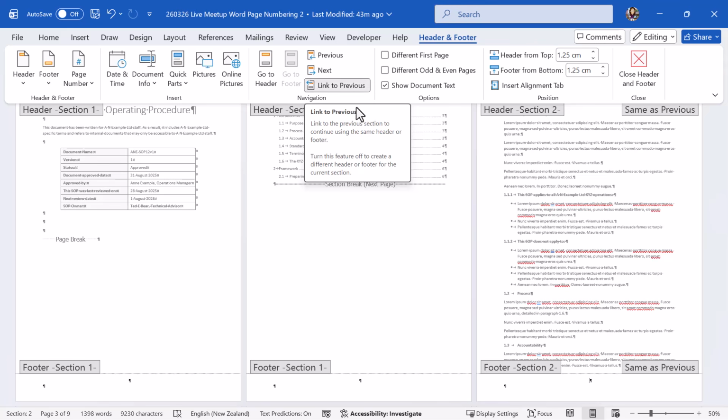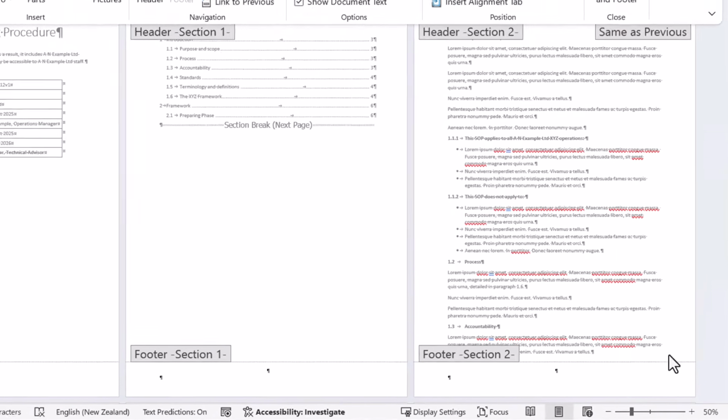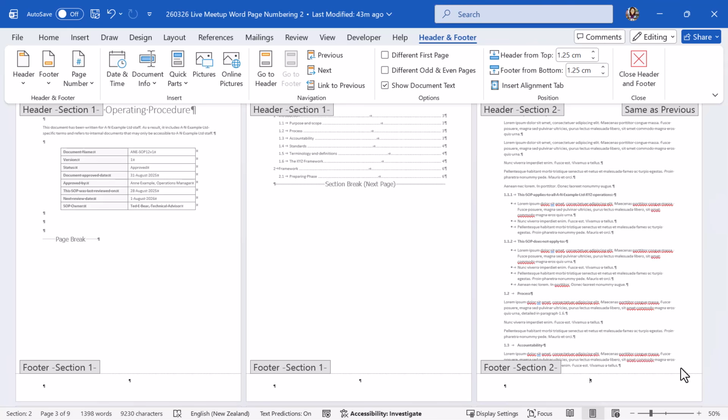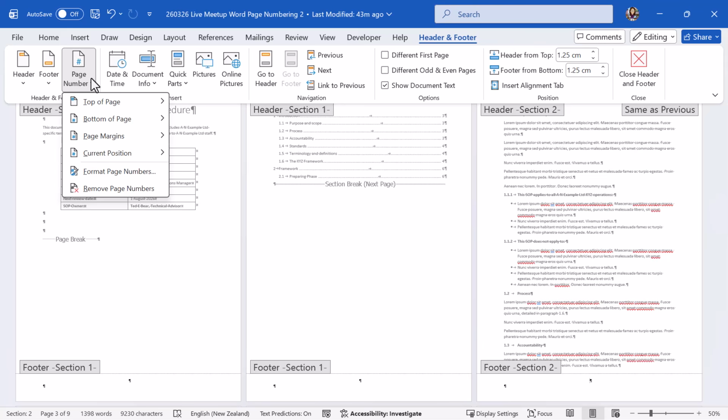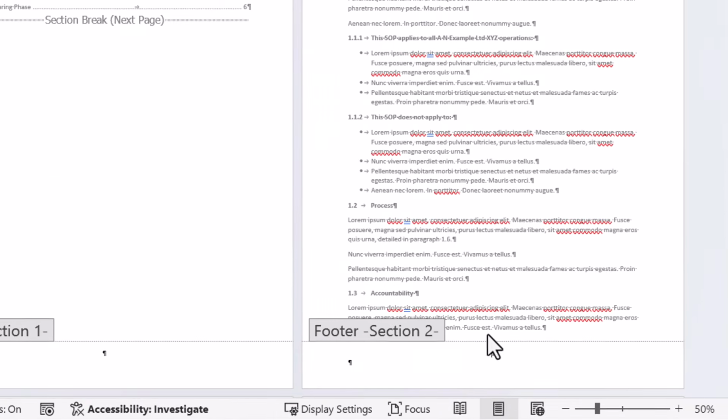So what I'd like you to do is turn this off, give it a click. And now you'll see there is no link to previous on the footer. Now something wonderful about working in headers and footers is you can actually insert your page numbering from here. Just over to page number, and from here choose where you want to insert your page number. Let's just go and do the same as what we did before. And there we go. We've got our page number down the very bottom here,